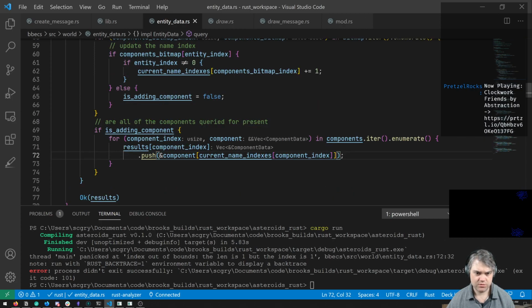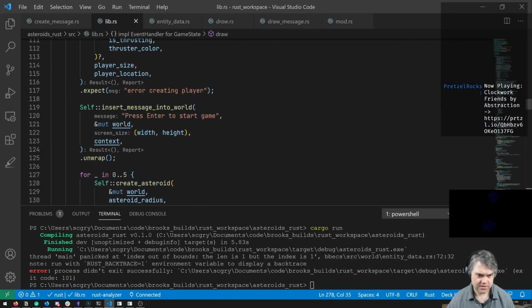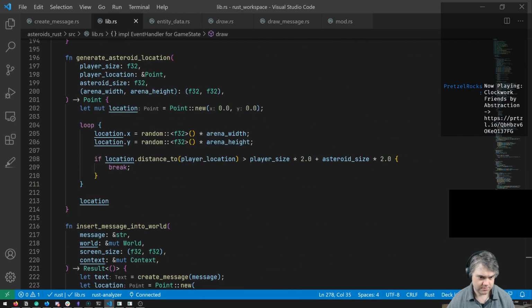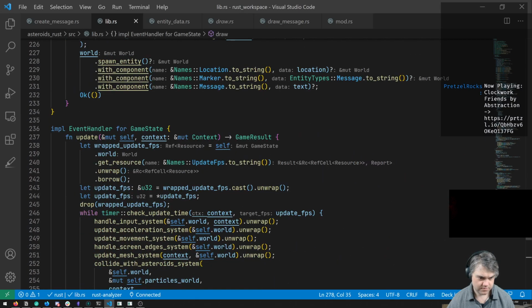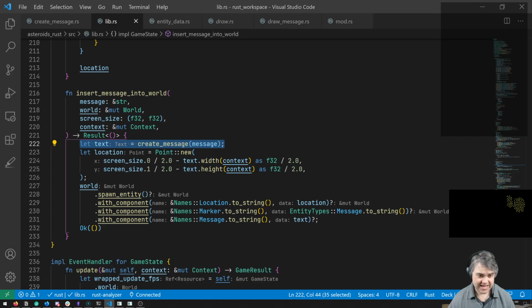Okay, so what do we got here? In our main library, insert message to world. So we're going to take the message in. We've got the world and the screen size and the context. We first create the message, which is just the text. We figure out what that text size is to create the location.